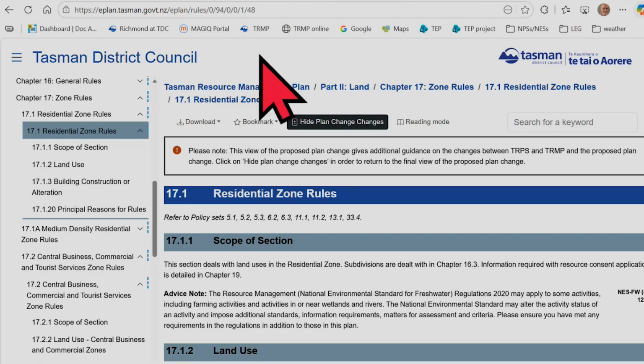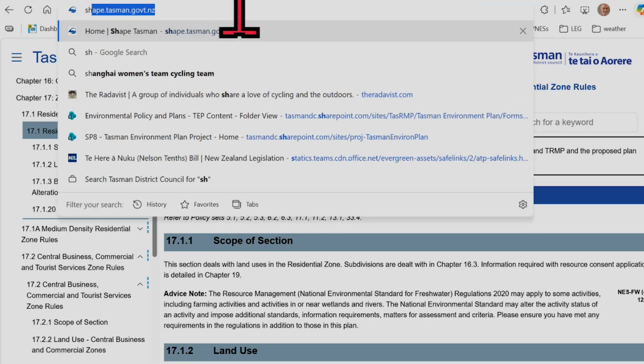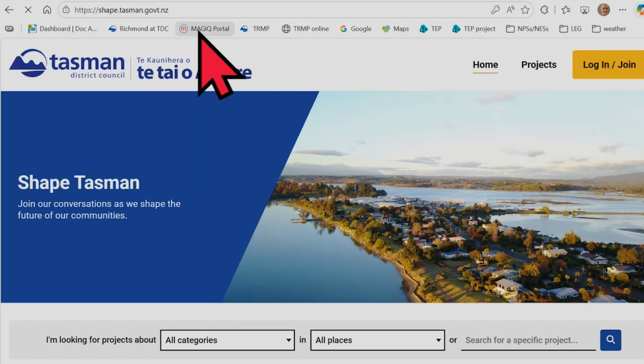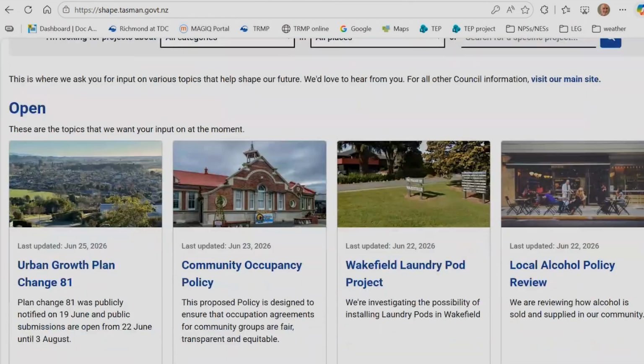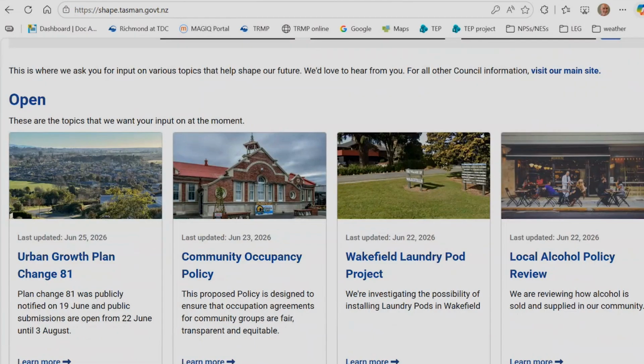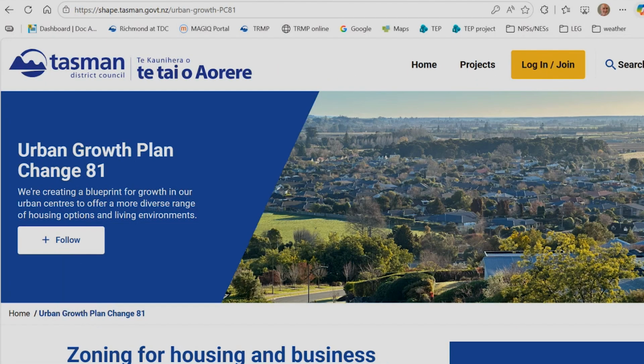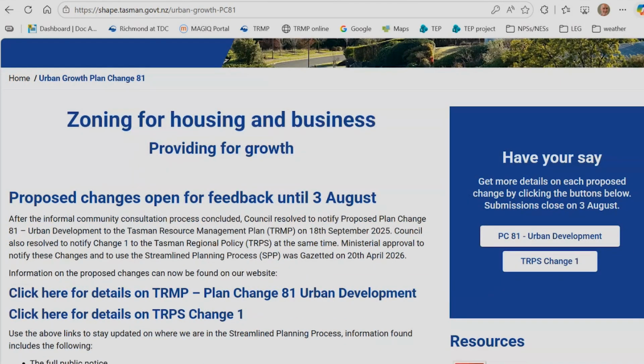Okay, so from here we have to go back to Shape Tasman. The best thing you can do is go up here, and if you type in Shape Tasman, there we go, it'll pop up for you. It'll take you back to Shape Tasman, and if we scroll down, you'll see open for submissions, Plan Change 81 urban growth. Now go there, that will take you to the topic, and there if we scroll down you'll see on your right, have your say, and you can make a submission, and if you click here this will take you to the submission portal